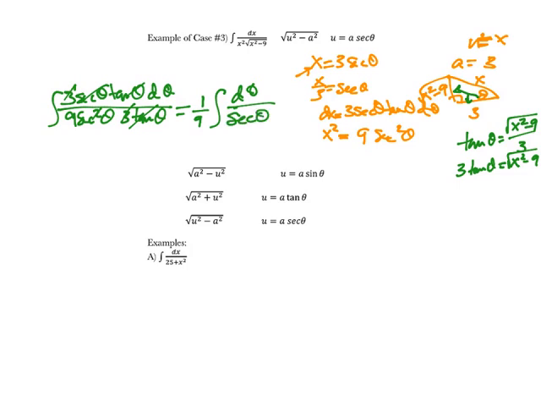Okay, again, that doesn't look any easier, but 1 over secant theta is better written as cosine theta on top, and I do know whose derivative is cosine, it's sine. So that's 1/9 sine theta plus c, which means the answer to my problem is 1/9. Looking at my triangle, sine is opposite over hypotenuse, so it would be the square root of x squared minus 9 over x, excuse me, opposite over hypotenuse, plus my